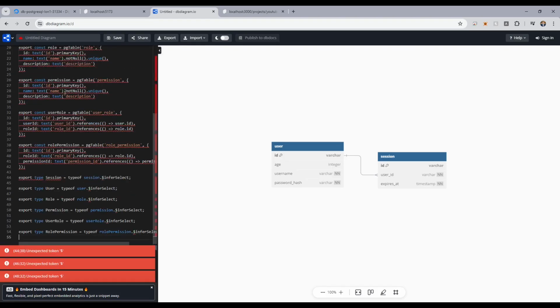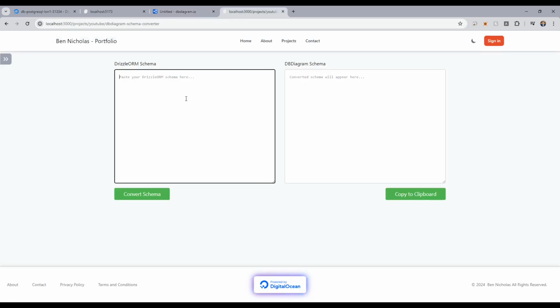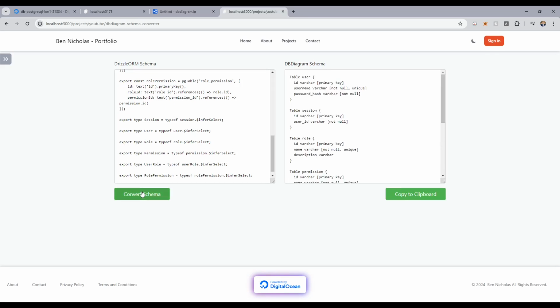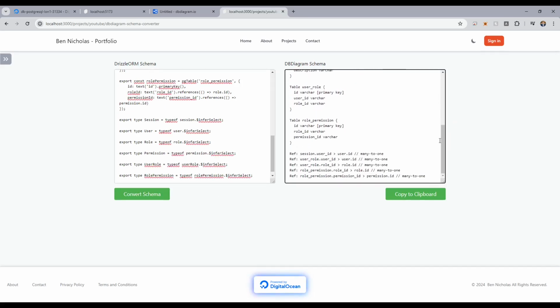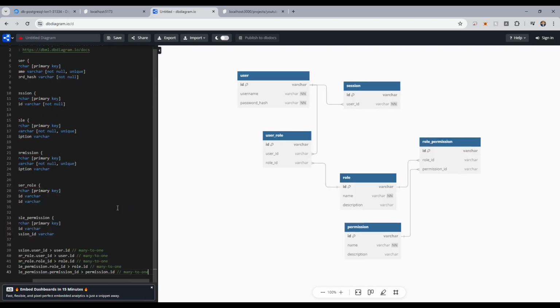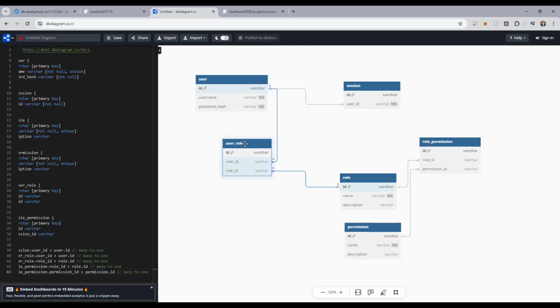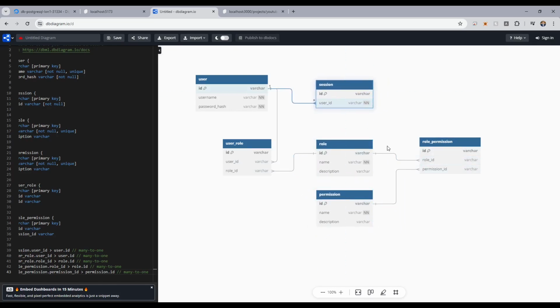We can now go back to DB diagram to visualize these. And as I was saying earlier, we can't put that directly into the DB diagram interface. We have to convert the schema to get the new output. From here, I've added a copy button to be able to copy the schema directly over. And if we place that into the input box and update it, we can now see what the new schema profile looks like as we implement role-based access control.